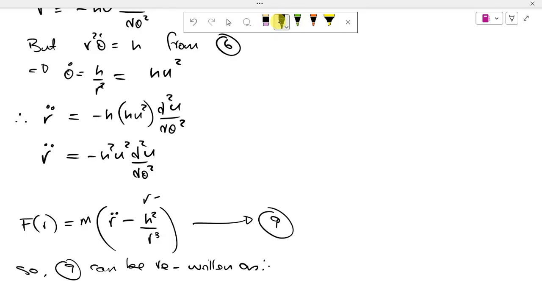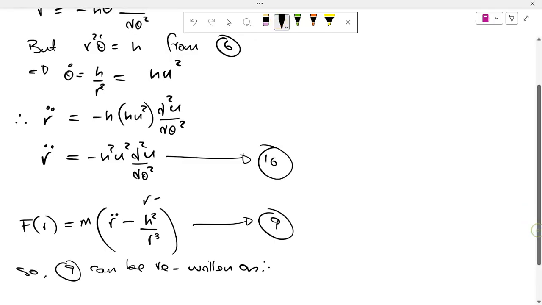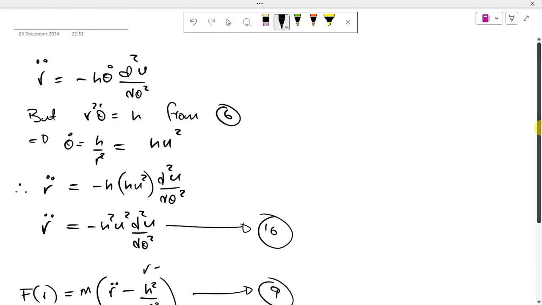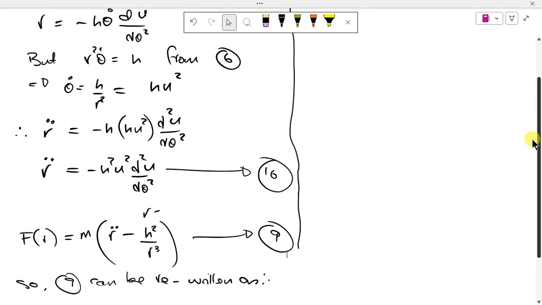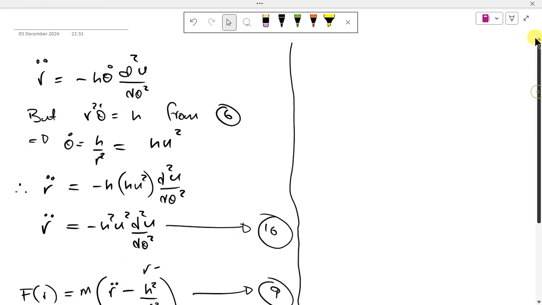So I said that was equation 16. Let's go right to the top, right, we'll put a line down here like so, and if we substitute the right hand side of equation 16 into equation 9, we get